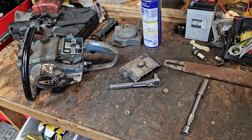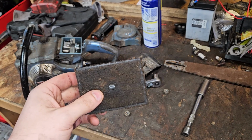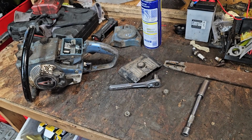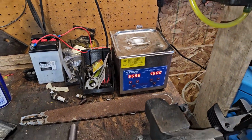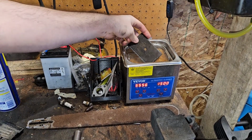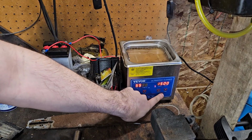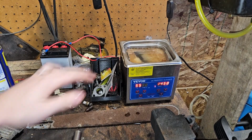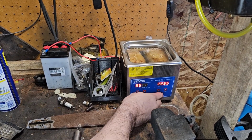Much better than it was, but I'm wondering, can you ultrasonic clean one of these? The thing is, you cannot see any light through it whatsoever. So, since I already have the ultrasonic fired up, what would like a few minutes of that? Let's...